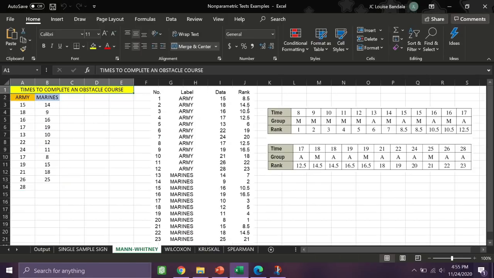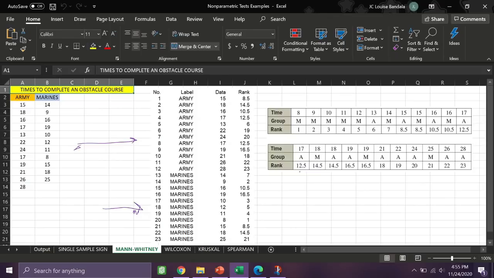So let's proceed. Now, once you click OK, again, kids, direct your attention to the output. The way I present it here, I did a print screen so that it is side by side with our data. So, the first thing that I want to show you is in terms of the ranking, because we checked the output rank data. What you see on this side is the rank data created